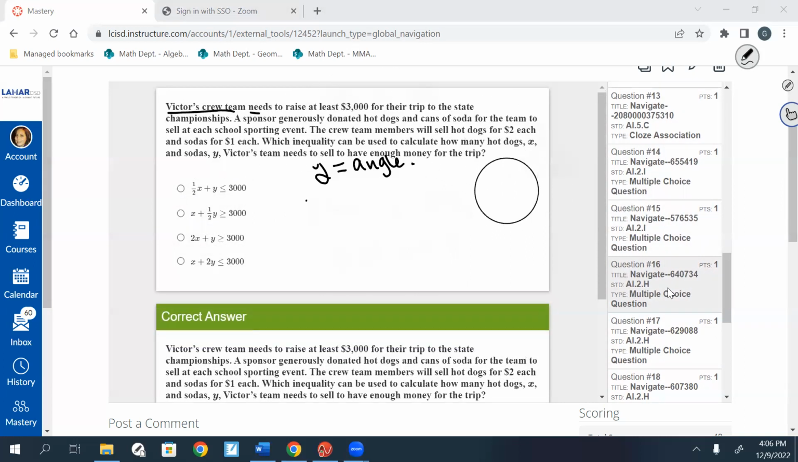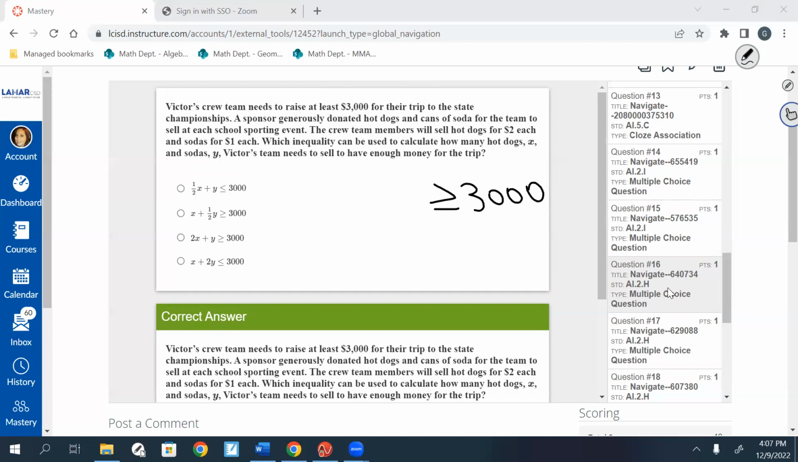All right, now we're getting to writing inequalities. So this is what we covered just last week. So writing inequalities, it says Victor's crew team needs to raise at least $3,000. So they need to raise what? $3,000 or more. So the amount that they raise needs to be greater than or equal to 3,000. A sponsor generously donated hot dogs and cans of soda for the team to sell at each school sporting